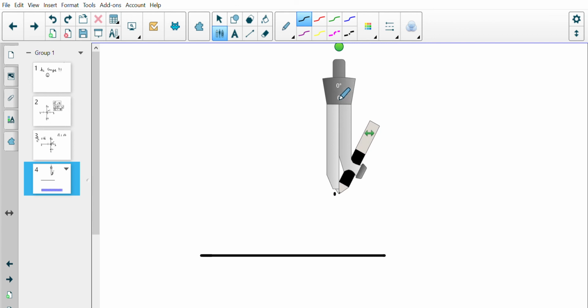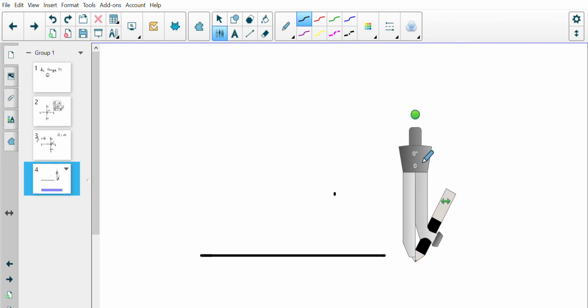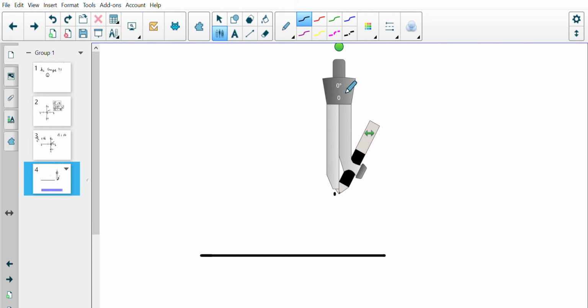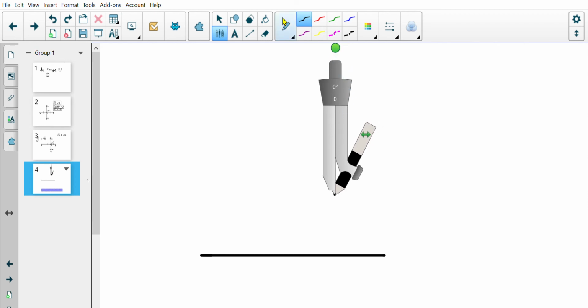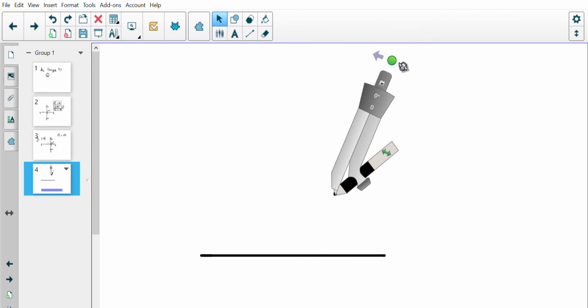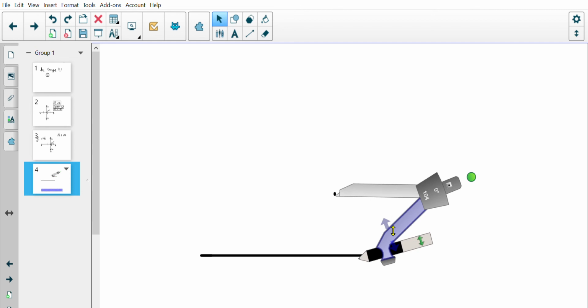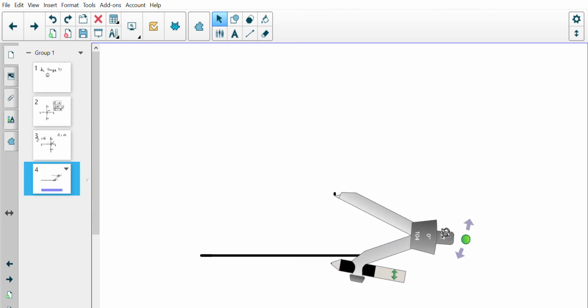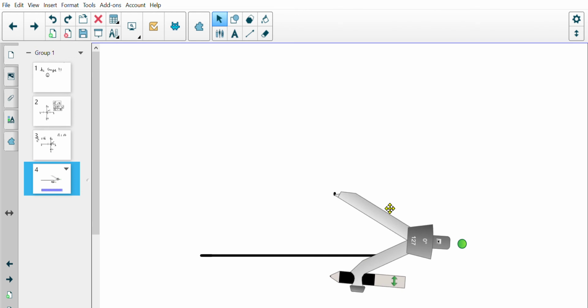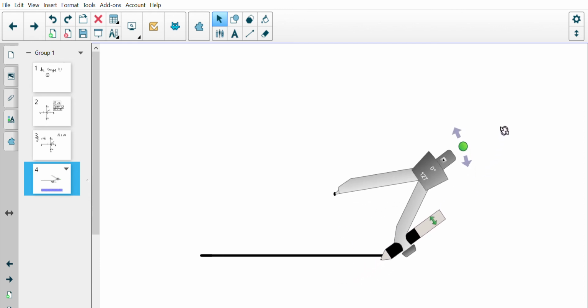So to start with, you take your compass and place its needle end on the given point. Then you rotate it and extend its length such that it reaches, I'll show you, yeah, it reaches and extends more than the line. It goes a bit ahead and comes more than the line. Okay, now using your pencil,